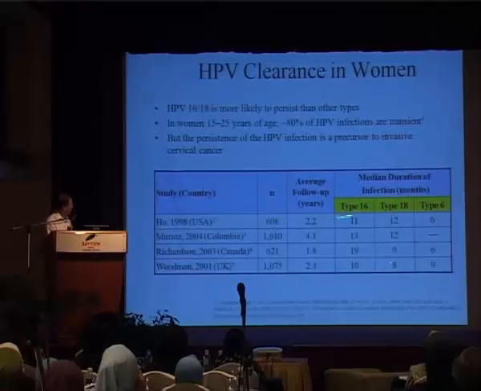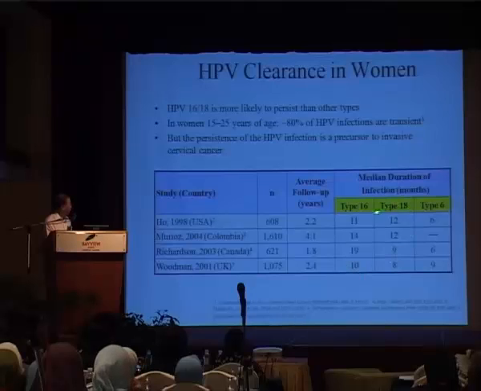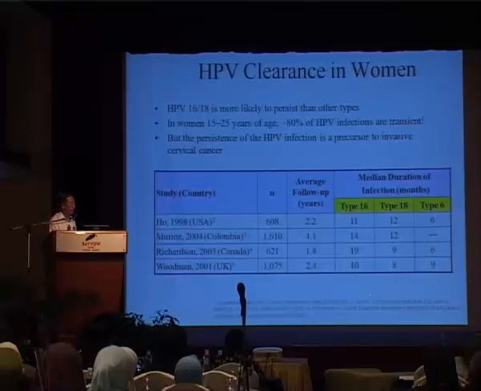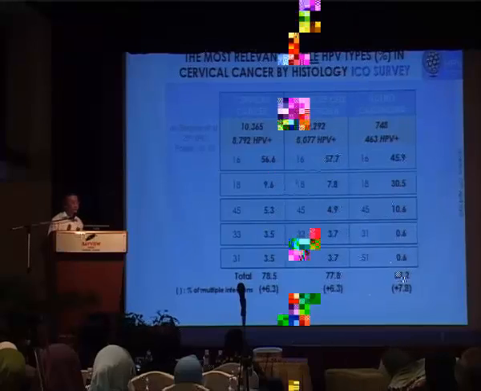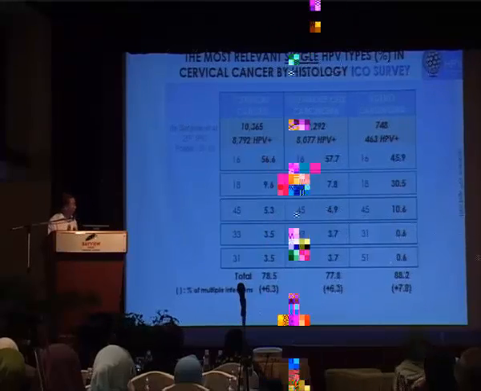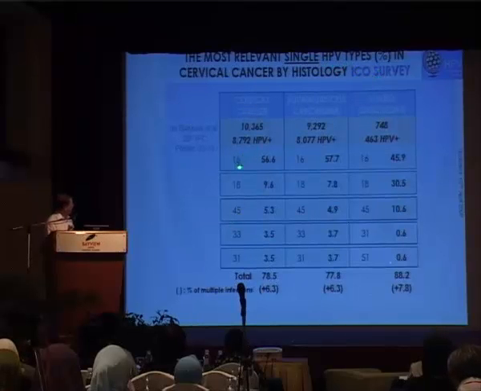For 16 and 18, the different studies here are consistent that they have a quite long duration of infection before clearance compared to, say, type 6. Most of them clear within 6 months, whereas 16 and 18 have a median duration of infection of more than 12 months. The persistence of the infection plays an important part in the transformation of normal cervical cells to neoplastic cells. And so if you look at the single type of HPV detection in cervical cancer, 16 alone